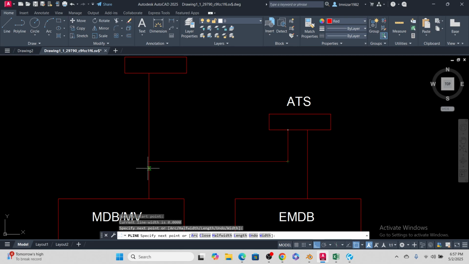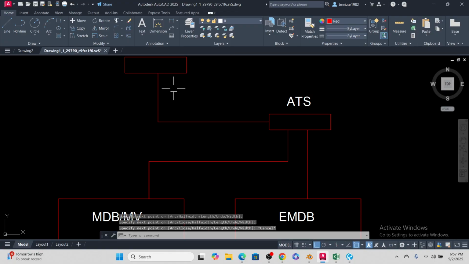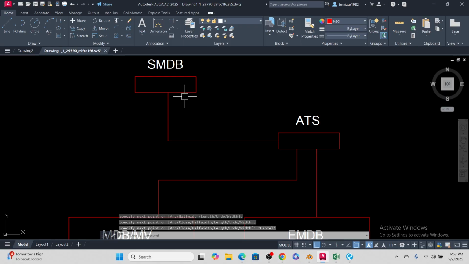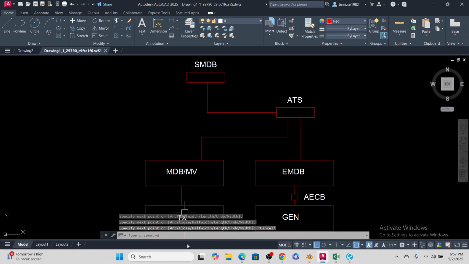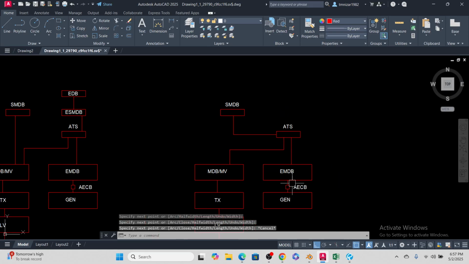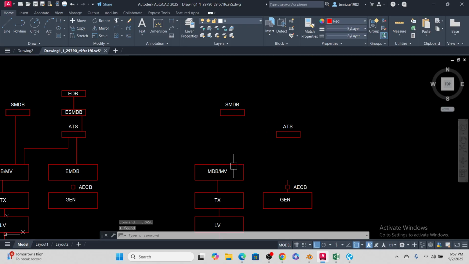It will connect here, and from here direct to the SMDB, you will not even see your EMDB or something like that. Directly to the SMDB, but normal time, emergency time. So this one has no more EMDB. Actually, this one also is not available. This one can be done like that also, but normally